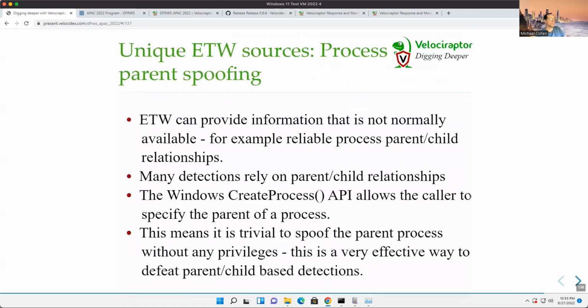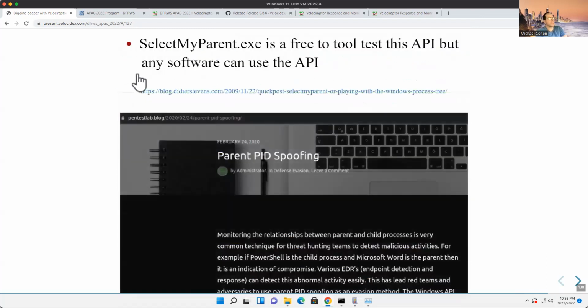This is pretty cool. So I won't mention ETW too much, but I'll talk about parent-child spoofing. We talked about parent-child spoofing before when I talked about the process tracker. And parent-child spoofing is so useful, and we use it all the time. But the problem is that it is not very reliable because it's very, very easy to spoof. And people don't necessarily realize it, but it's been known for ages. You see this blog post from 2009 where this tool was released that allows us to essentially